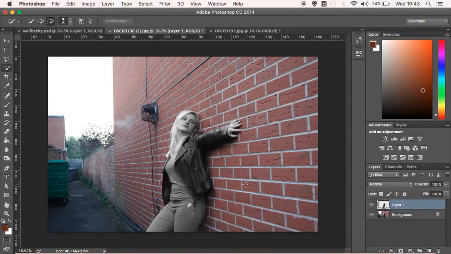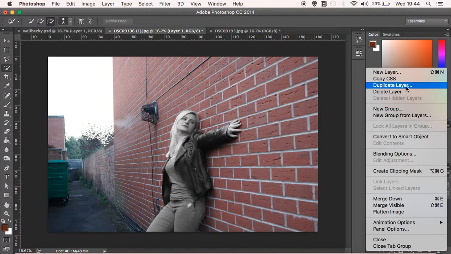Now the first thing we're going to need to do with this is create a displacement map, and that's a filter we'll use later on, but it creates a map where when you apply it to another image, it wraps that image around the contours of the displacement. So to do that, down here on the layers table you'll see there's layers, channels and paths of different tabs. If you go to the end on the drop down menu and select duplicate layer,